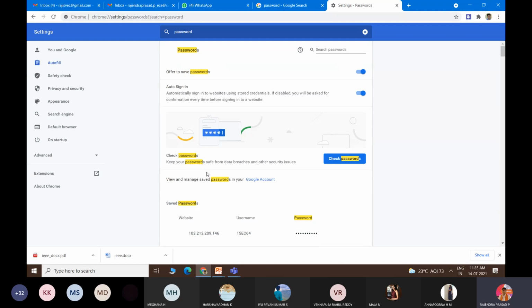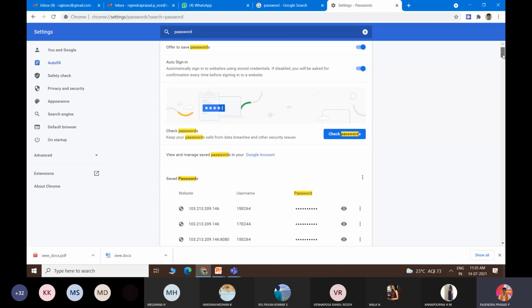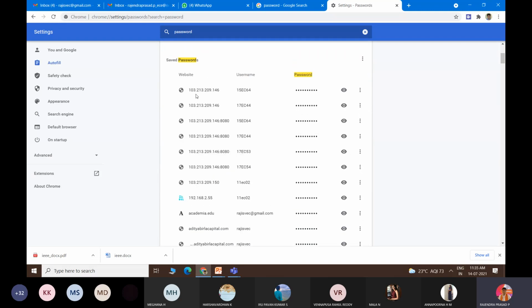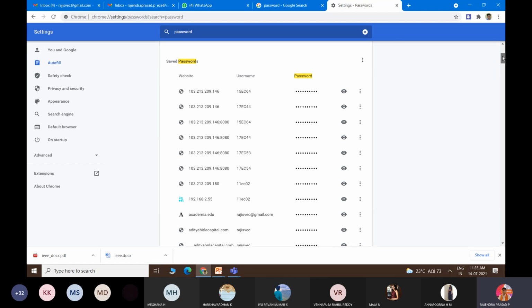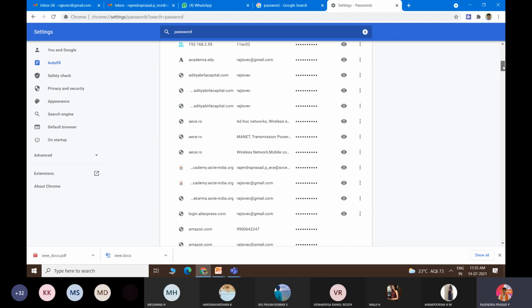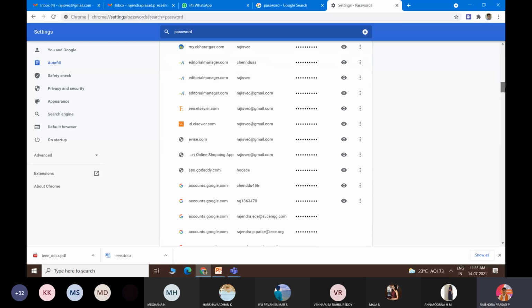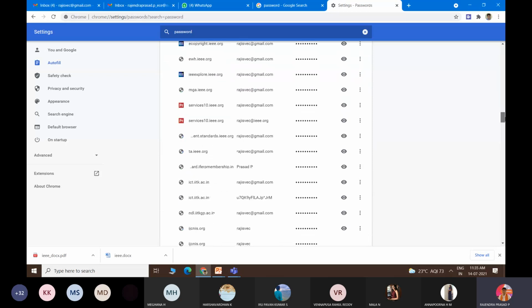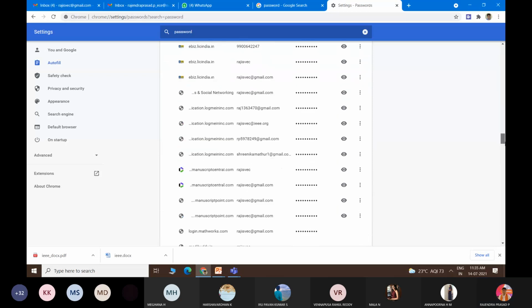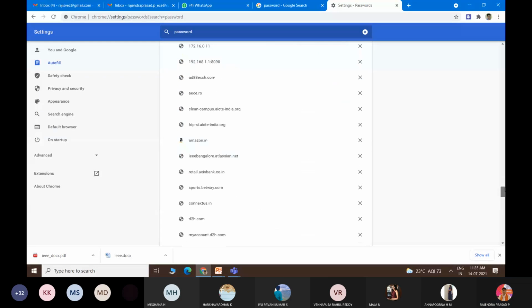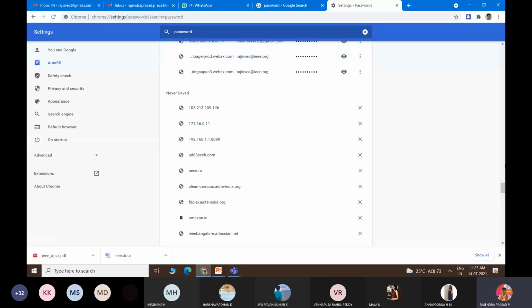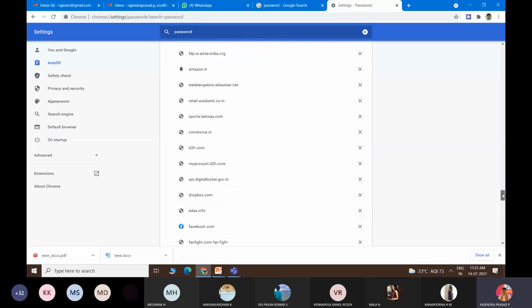So for this website, this is the username and this is the password. See, for all my things it is there. So how it is storing and auto-filling all the information, right? So never save: these are websites where I am not saving my password. So this is what he is trying to tell.